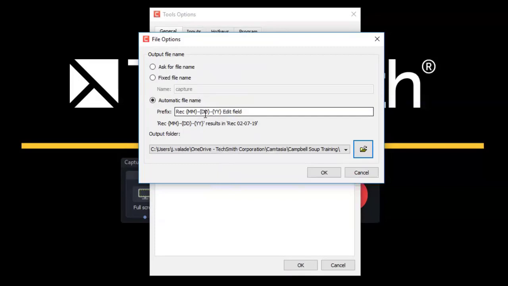But what I've done as of late, because of the way I've changed my file structure and where I save things, is this. If you've watched previous videos, I always make a project folder with the name of the recording and the project that I'm going to make. So what I actually ask Camtasia to do is this: I select Ask for File Name, because when I stop my recording, either by hitting the red record button, the stop button, or F10, the shortcut key, Camtasia will stop and immediately launch a Finder window,